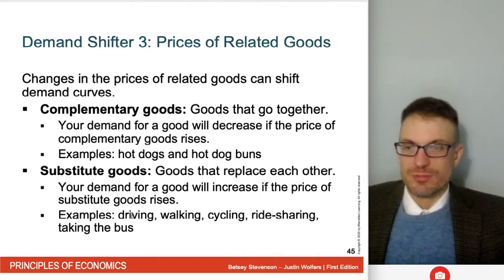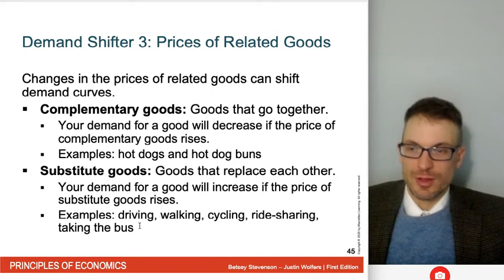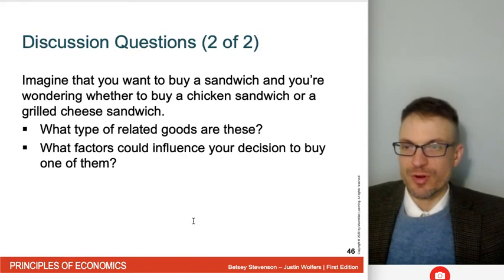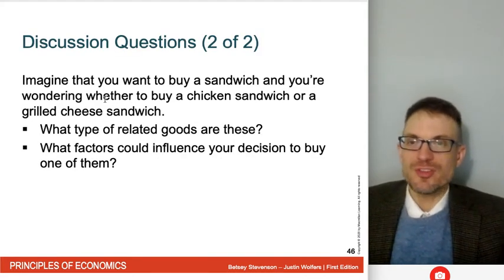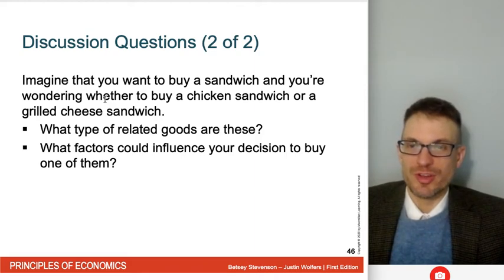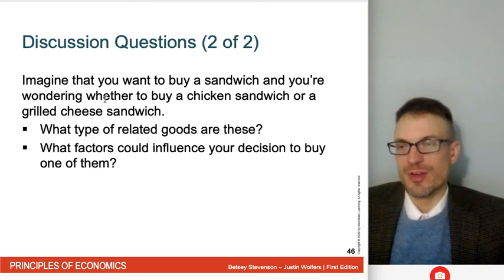Substitute goods, these are things like driving versus walking, taking Uber, so on and so forth. All right, so imagine that you want to buy a sandwich and you're wondering whether to buy a chicken sandwich or a grilled cheese sandwich. What type of related goods are these? Well, for most people, these are probably substitutes. What factors could affect your influence to buy one or the other? Well, the price of chicken sandwich might affect